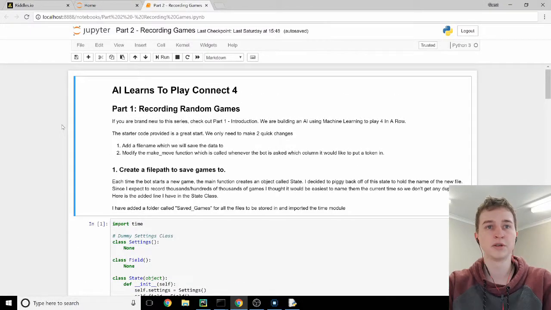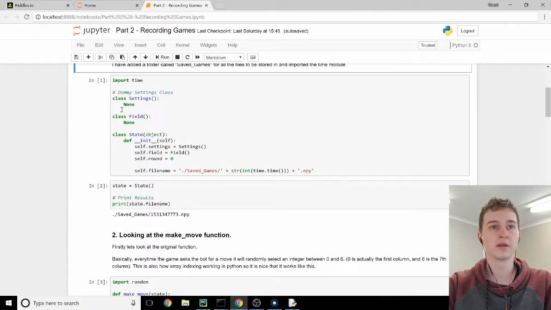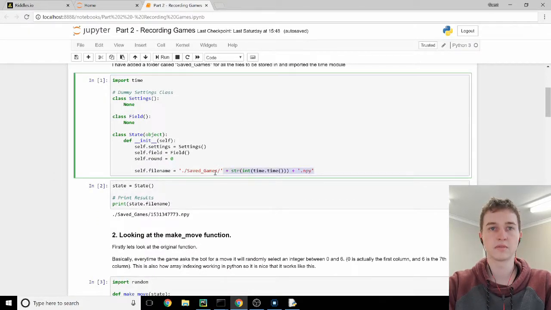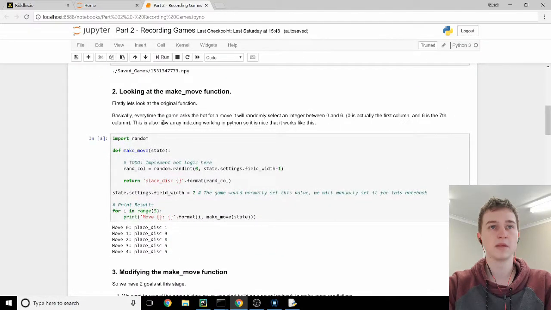So we're going to make 2 changes. The first thing we're going to do is set up a file name so we can save the data every time a new game starts. And then we're going to change the